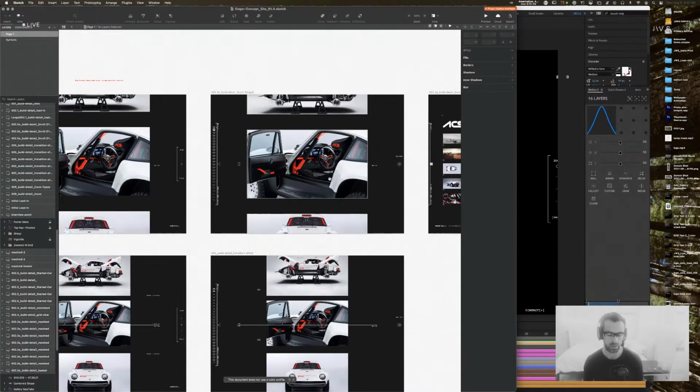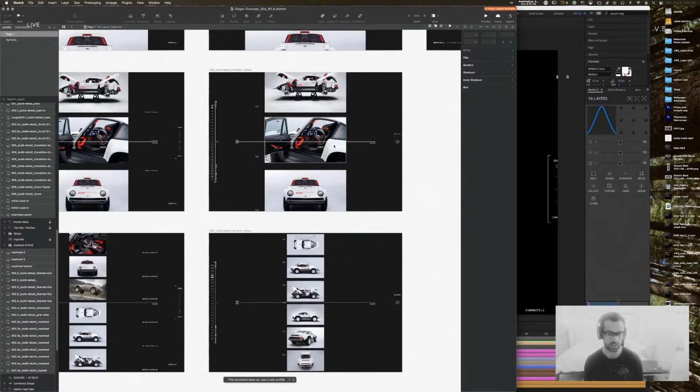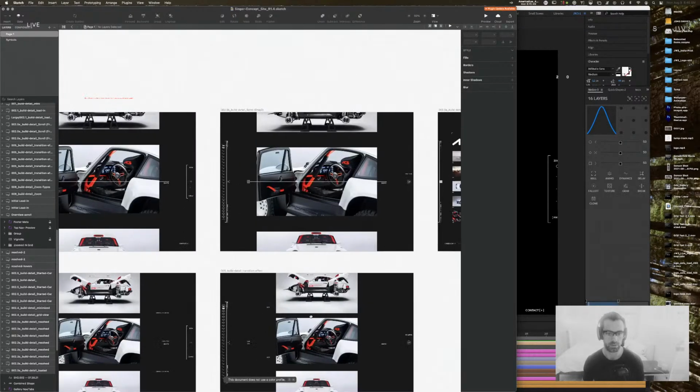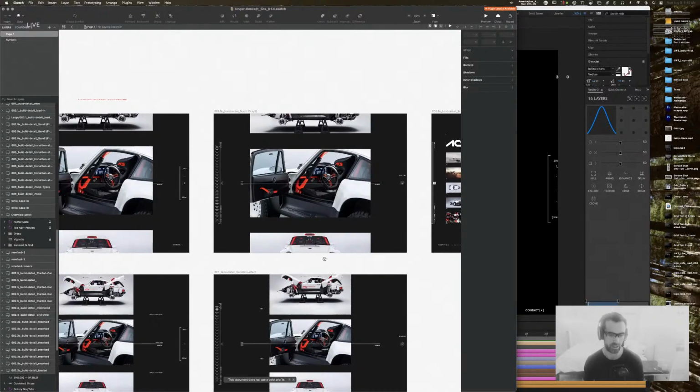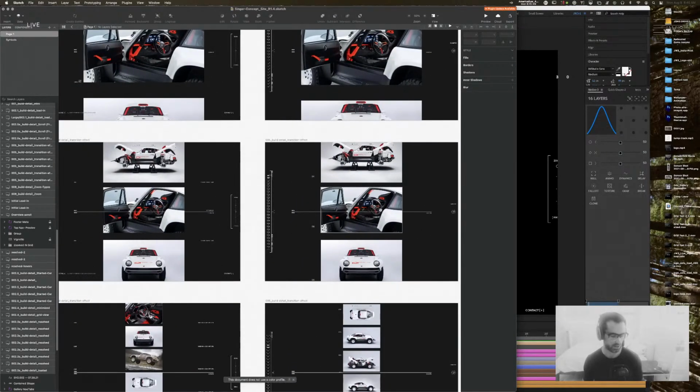So as soon as you let go, it's going to go back into the full screen. So this is more like a transitional moment. I know it looks like there's a lot of in and out, but